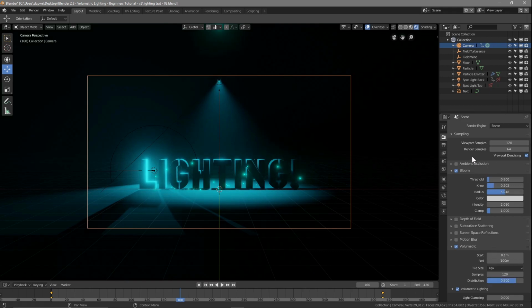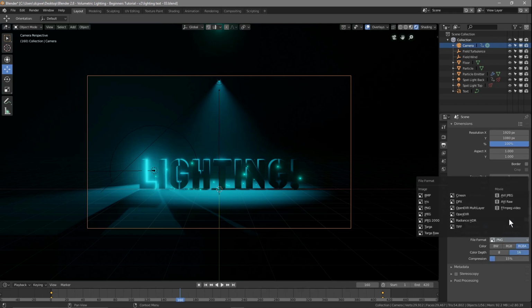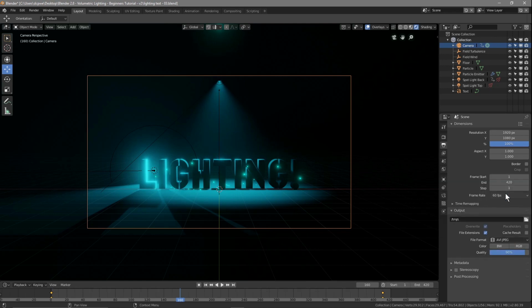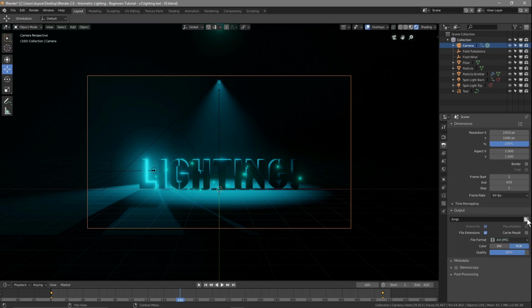I don't think we're going to do much else, so let's go to the output settings, press Ctrl S to save. We're going to set it at 60 frames a second. 420 will give us 7 seconds. We'll tick 16-bit color depth. We'll go to AVI JPEG and we'll just set it to RGB. So select AVI JPEG, RGB, leave it at 90% quality, click on the folder,